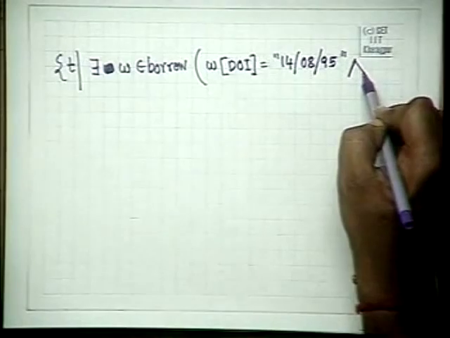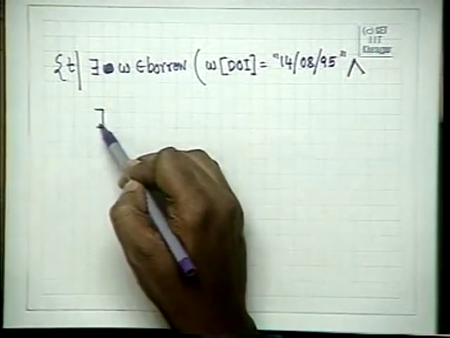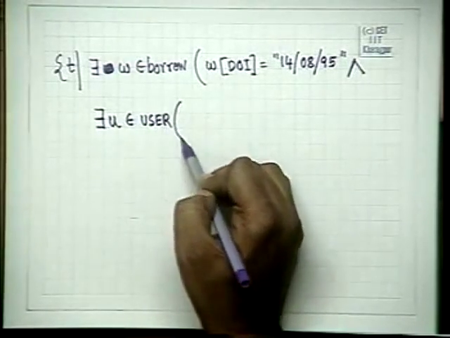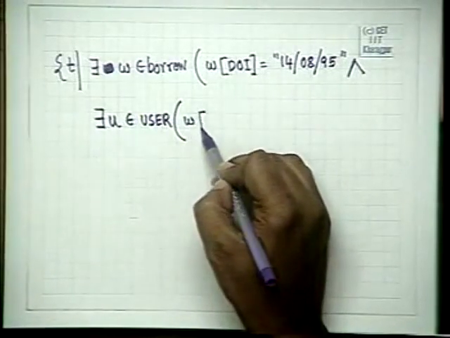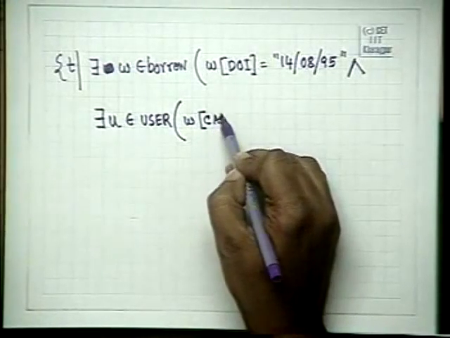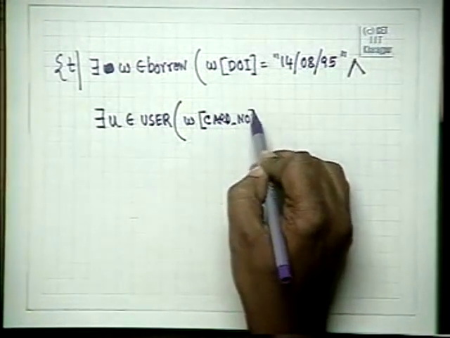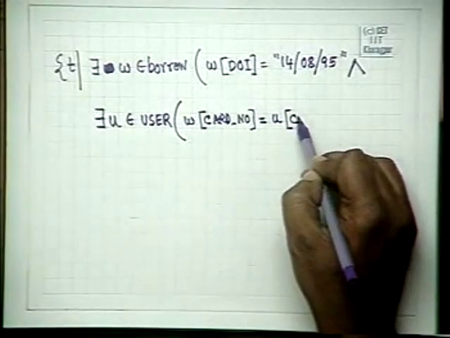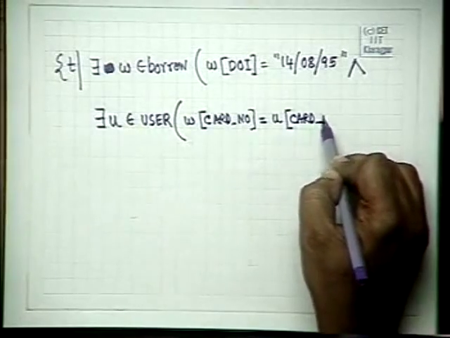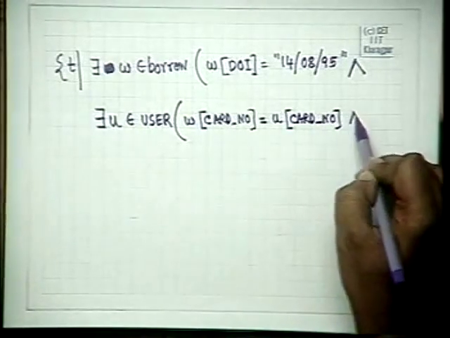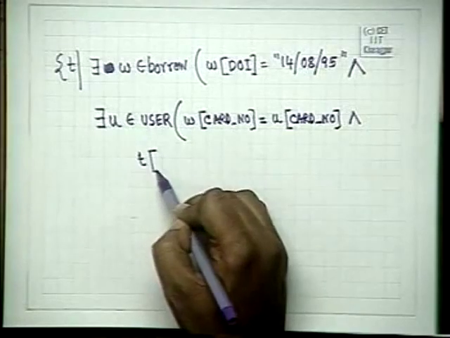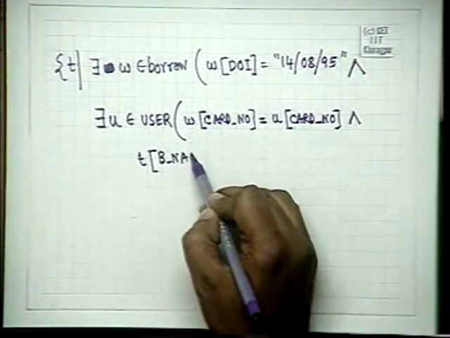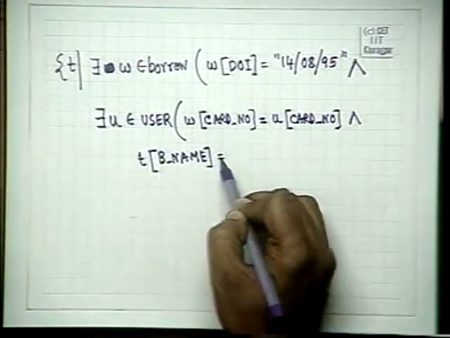and there must exist some U element of user such that W card number must be equal to U card number, and T of B name is equal to U